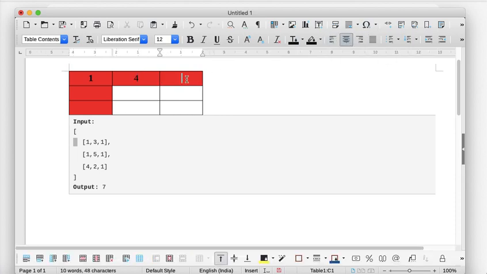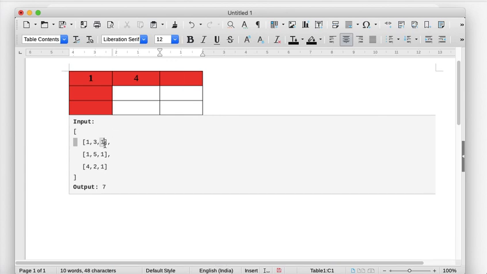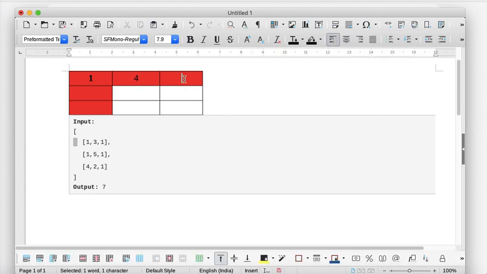And now let's say this grid. I can only come here from left, not from above. There is no path from above, so it is nothing but the cost to come to the left plus the cost of this grid cell. So here the grid cell is 1 plus the previous one is 4, so it becomes 5.